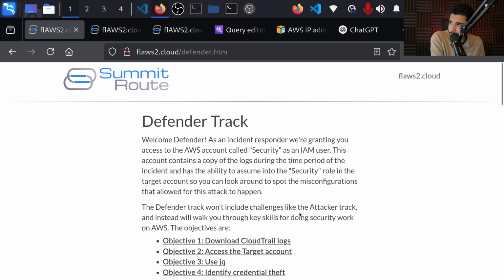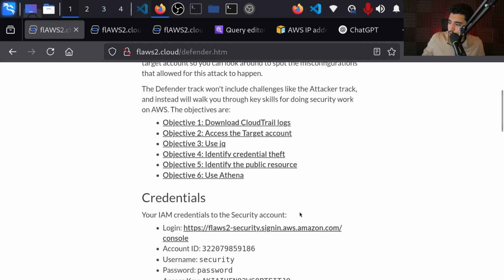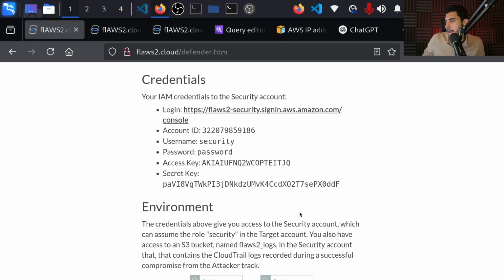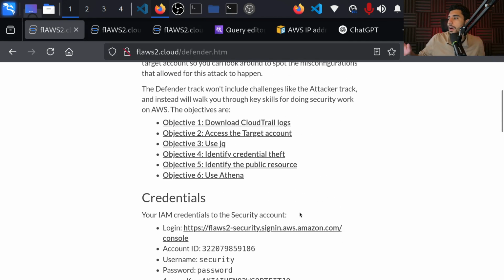And in this defender's path, there are basically 6 objectives that we need to achieve. We're going to be using Amazon Athena and AWS CloudTrail logs. The objectives themselves, if you follow them, use jq, but I thought it would be better to use Amazon Athena and CloudTrail logs because it's more realistic to real-life incident response. Although in real-life incident response, you're going to be using some beefed-up SIEM like Splunk, but still I thought